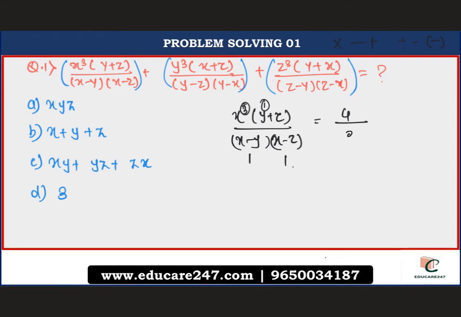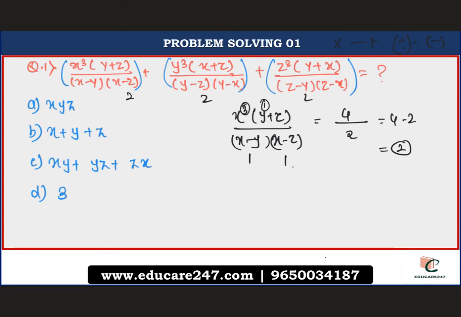So here it comes out to be 2. Now 4 divided by 2. It's not 4 divided by 2, but as I've already told you, whenever you are dividing the degrees, you will subtract them. So it is 4 minus 2. So the overall degree of this expression comes out to be 2, right? And it is homogeneous, so for each expression it should be 2. So the overall degree of the expression will also be 2.